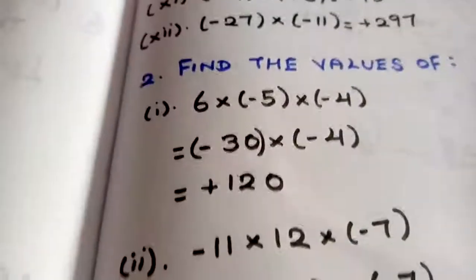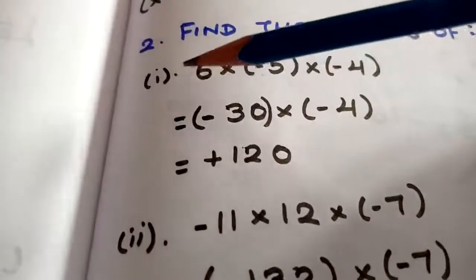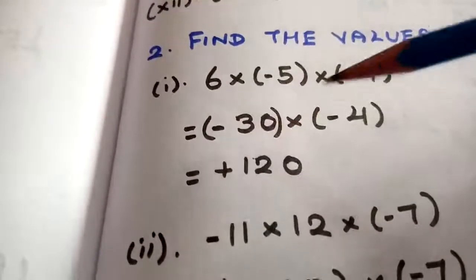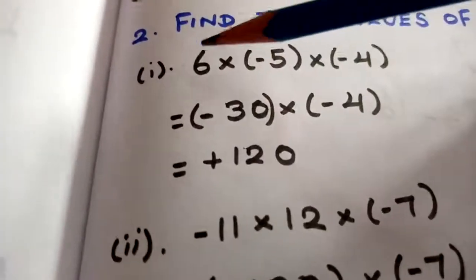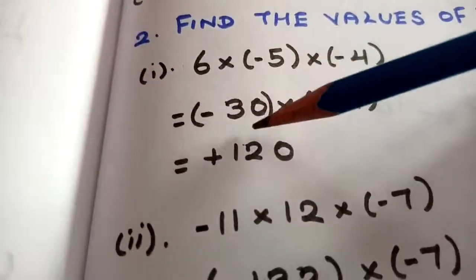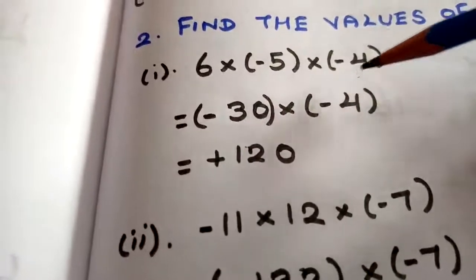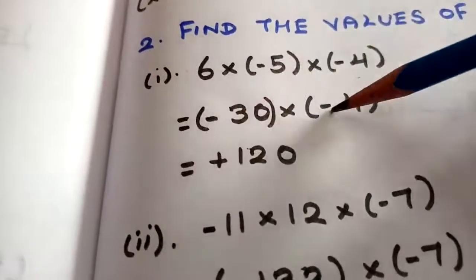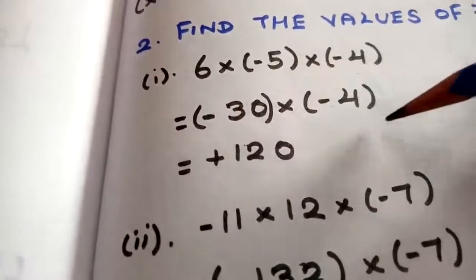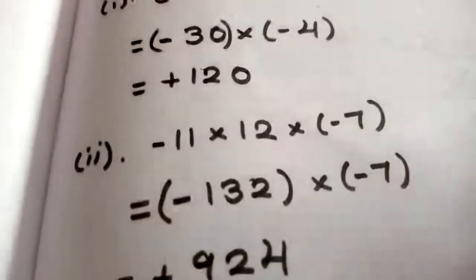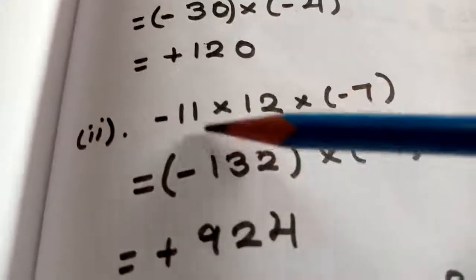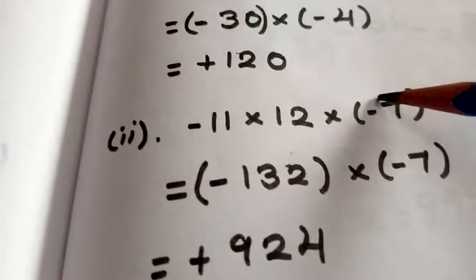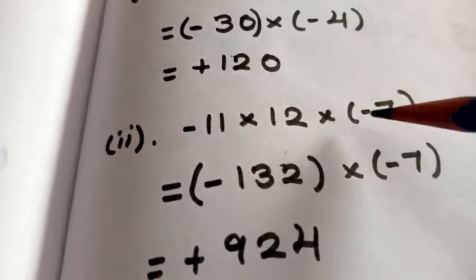If you see here, plus into minus, minus 6 5s are 30. Same procedure, multiply the sign and number. Then the remaining one value, I am writing as it is. Minus into minus, you are going to get the value as plus, 30 into 4, 120. In the same way, for this sum also I am taking the first two, though it is not necessary. You can take the second two, whatever you calculate, your final answer is going to be the same.